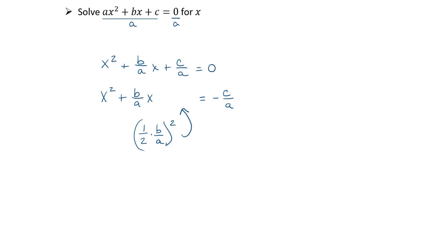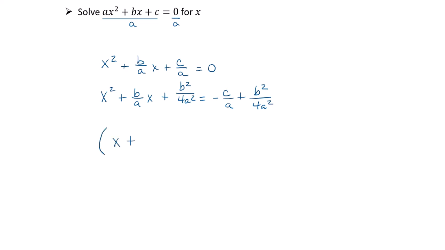Half of b over a is going to be b over 2a, and b over 2a squared is going to be b squared over 4a squared. Don't forget, we need to balance, so we add b squared over 4a squared to the other side as well. Now I'm ready to factor the left side. I have x plus b over